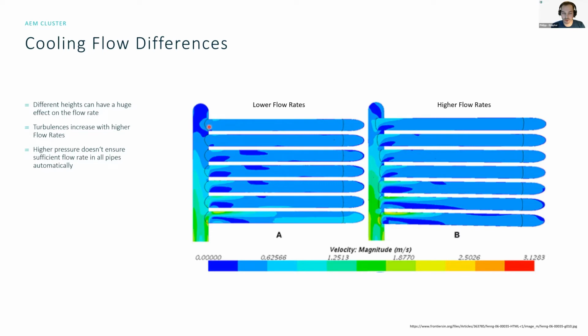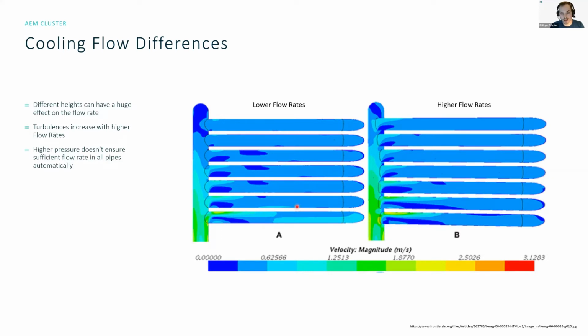And this is quite crucial because what needs to be ensured is that the flow rate is sufficient also on the top. And when we think about that a little bit further, we will also see it in the next slides, the more electrolyzers we have, the more challenging this topic becomes. All right. So when we have lower flow rates, we can already see a difference.